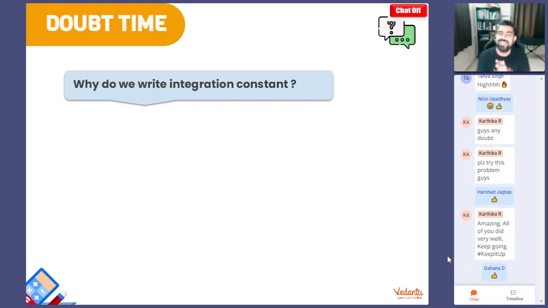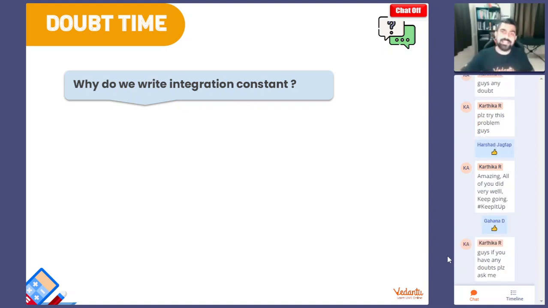Why? Just why, sir? It's because, like I said, integration is a reverse process of differentiation. So my dear boys and girls, what is derivative of sin x? Sir, easy, sir. Cos x. What is derivative of sin x plus 1? Sir, that is also cos x. What is derivative of sin x plus root 3, which is a constant? Sir, that is also cos x. So what is derivative of sin x plus any constant? That is also cos x, sir.